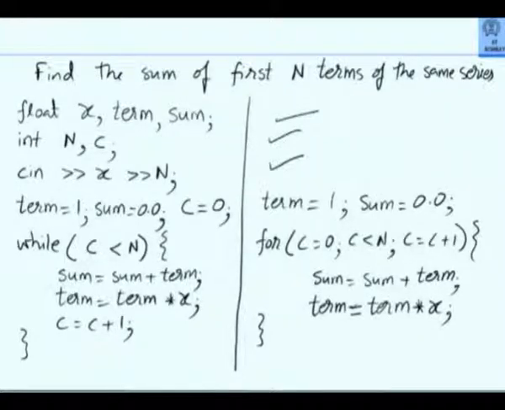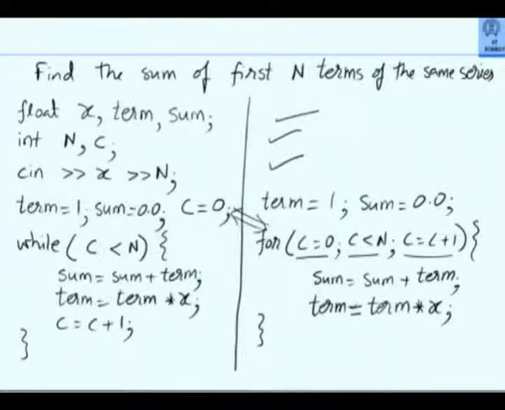Everybody understands this? This is the for loop, the counting loop. Note that there are 3 things specified in this loop. One is this, second is this, third is this. This is executed before you enter the loop only once. First time, before you come to the for statement itself, c equal to 0 is executed. This is exactly equivalent to doing it here. They are equivalent. Specifying c equal to 0 here and writing c equal to 0 in a statement before you come to the while is exactly the same.